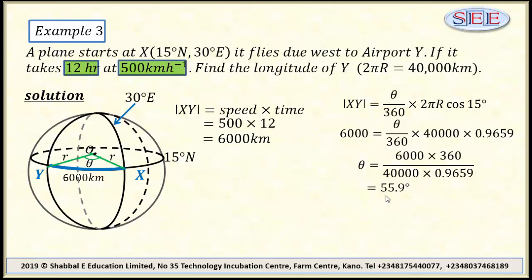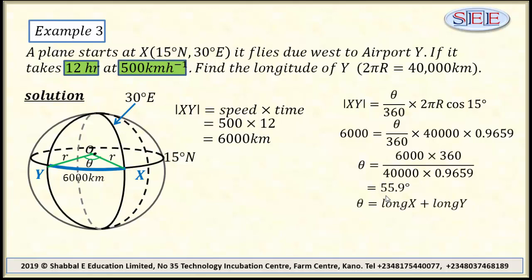So we now look at the longitude of X. The longitude of X is 30 degrees. Can I subtract something from 30 degrees to get 55.9? The answer is no. Which means it's the addition that we need to do of the two longitudes to get this 55.9. So therefore,